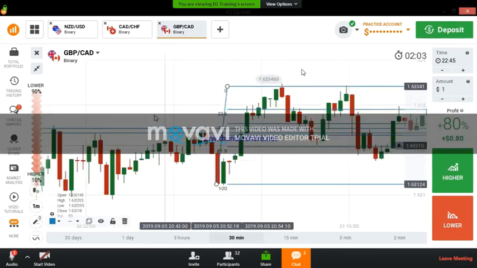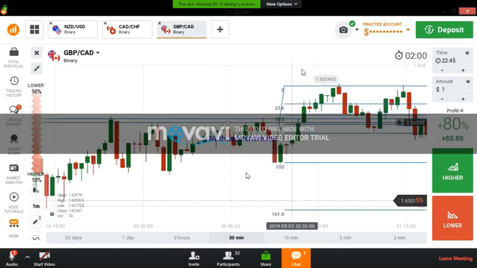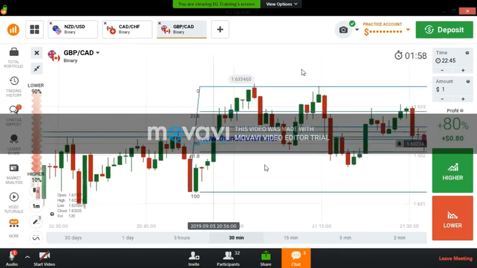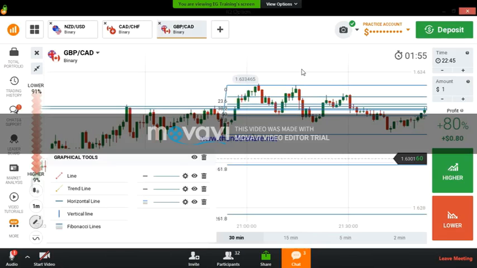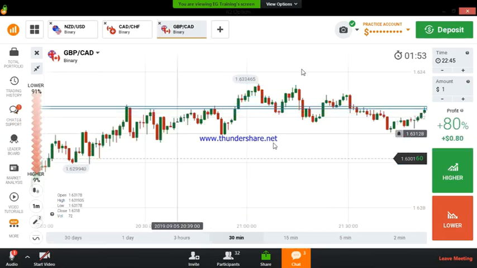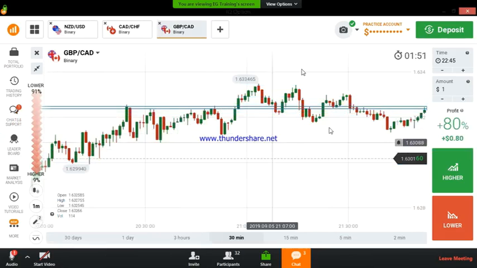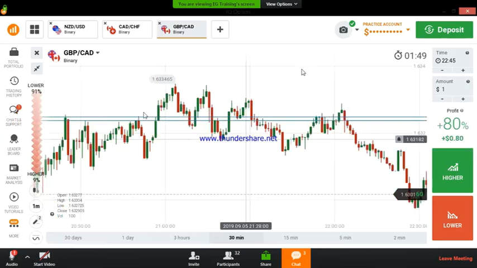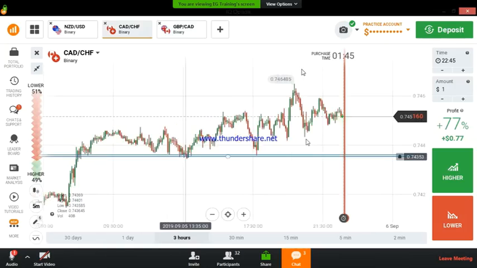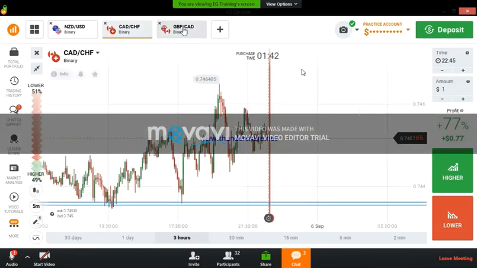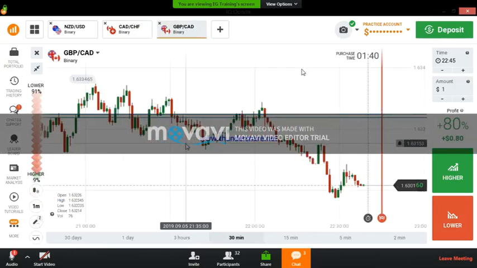This level is the 50th level. We can trust this level only. We can't trust all levels. These are all SNR levels, but we can't trust all of them. We can trust only this level, and only this level. If you draw a strong level, draw it and leave it. It will help you to trade in the future too.